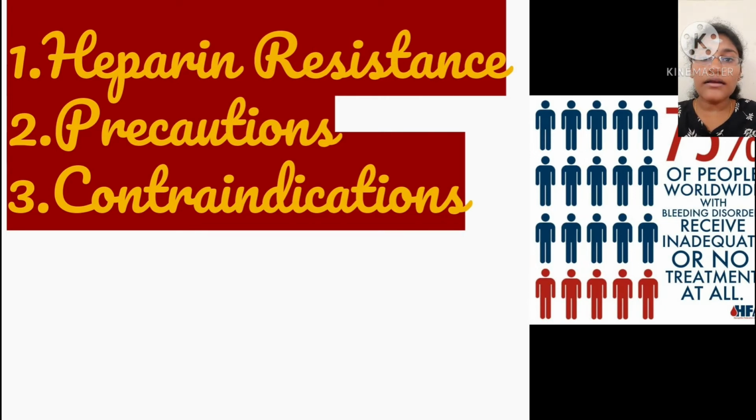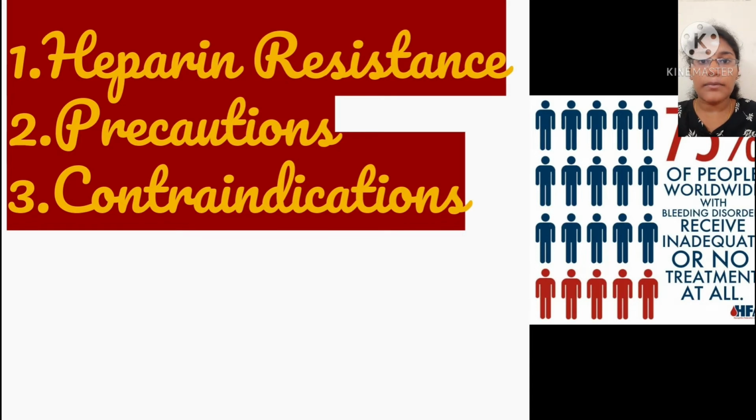Then what are the contraindications for heparin usage? So you cannot use heparin in patients with renal dysfunction, because heparin is excreted in urine. In patients with renal dysfunction, the kidney is damaged. So you cannot use heparin there, because heparin will not be excreted properly and it can lead to heparin toxicity in the blood. Also, you cannot use heparin in patients with cirrhosis and bleeding disorders, because heparin already causes